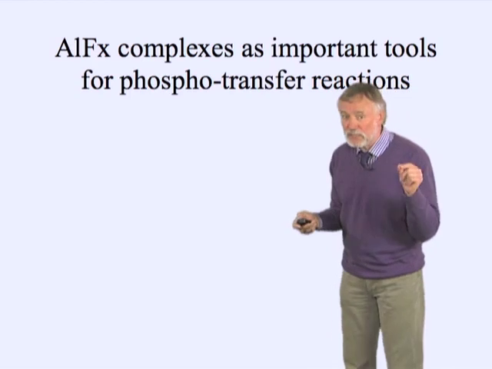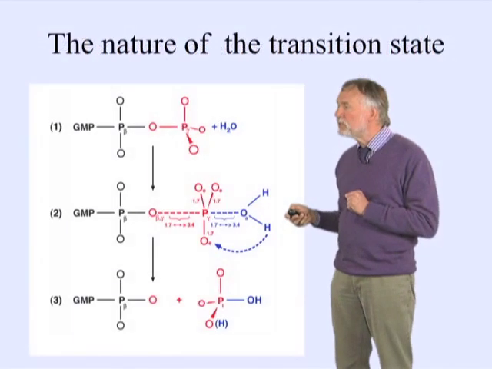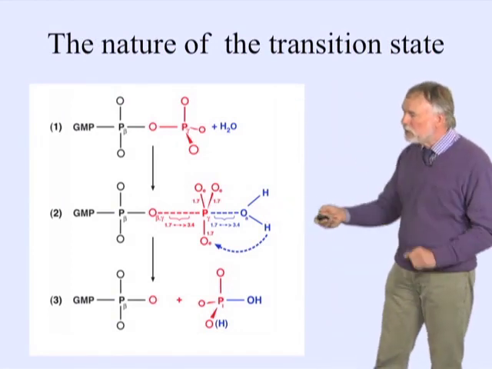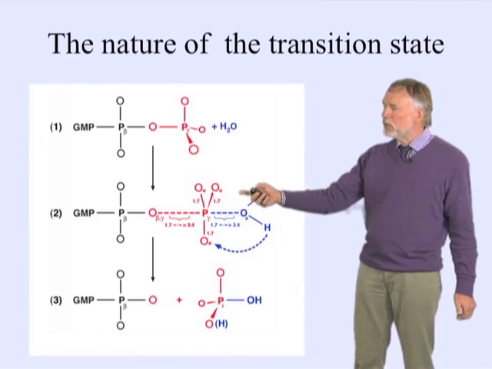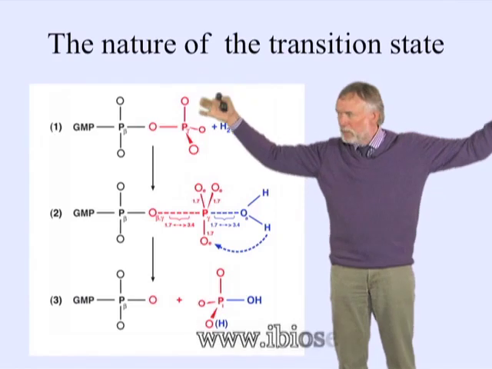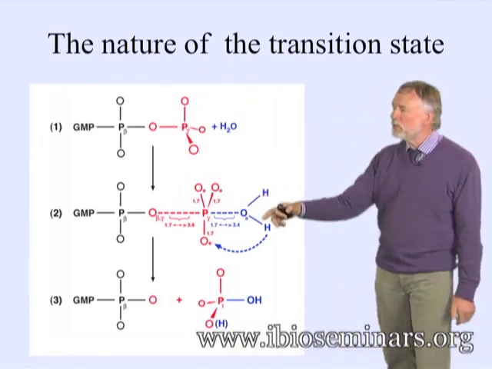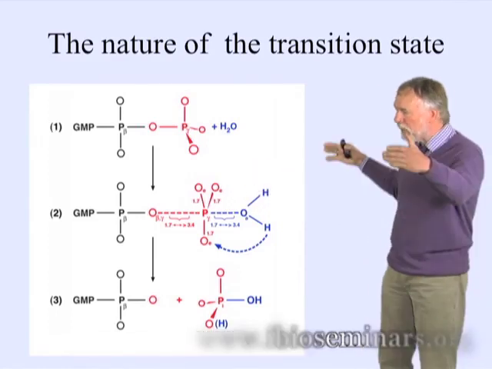You may wonder why such an inorganic molecule would be important, but it turns out that if you look at the nature of the transition state, so this would be GTP being attacked by water, you have a transition state where the phosphate now makes a trigonal flat thing, where the nucleophilic oxygen and the leaving group oxygen on the other side are the axial ligands